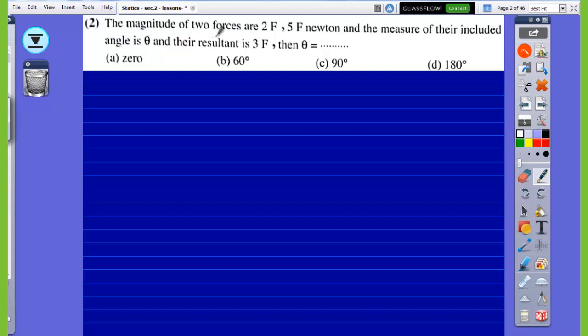The magnitude of two forces are 2F and 5F. So we have F1 equals 2F and F2 equals 5F Newton, and the measure of their included angle is theta. So the angle between them, if we have F1 here and there is F2, and the angle between them of measure theta,